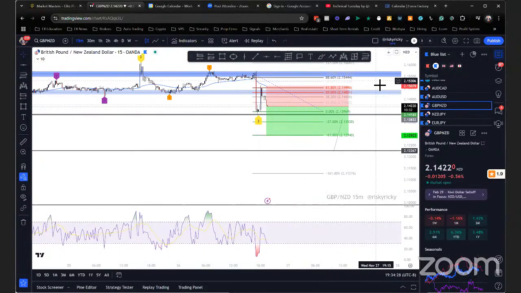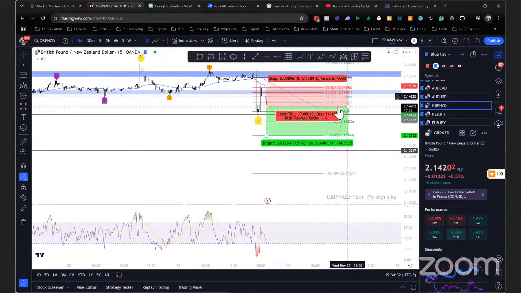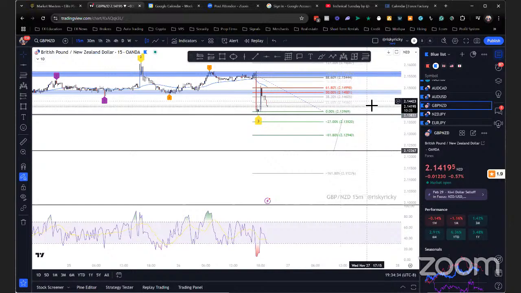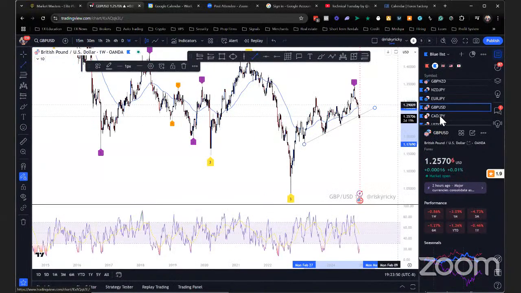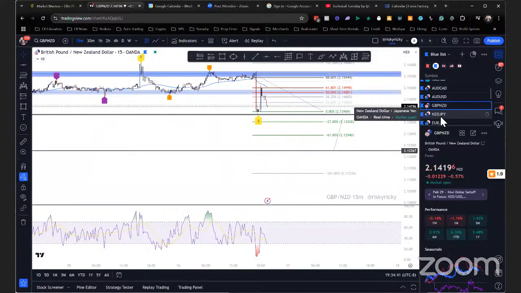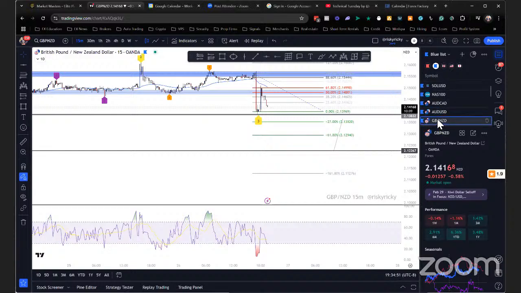So yeah, right now, I try not placing trades during the Asian session. So this wouldn't be a trade out of place right now. But just so you can have an idea, have this on your radar. So then later during London or New York, you can have a look and see.